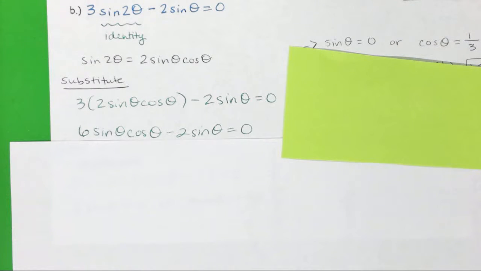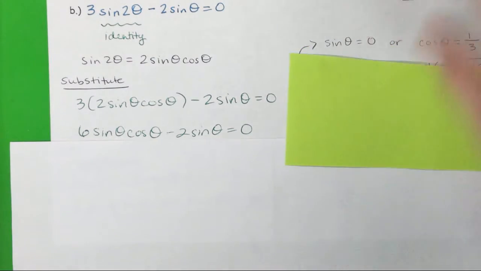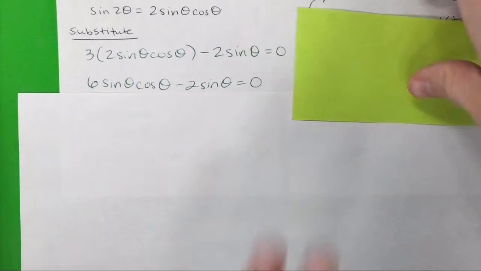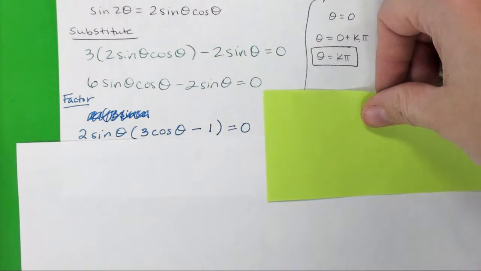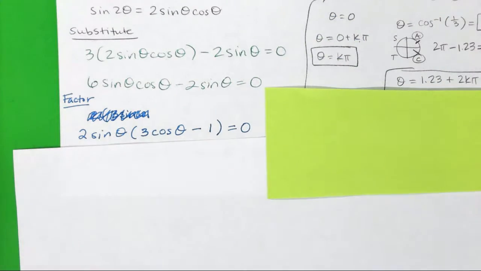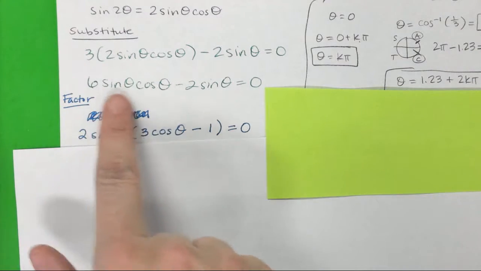Okay, so we want to know what these have in common. Rachel, what's one thing they have in common? Or you can just tell me both of them. Yep, and? Yep, 2 and sine. So if I factor out 2 sine of theta, then in the first one, 6 divided